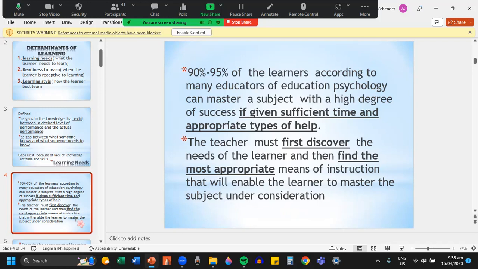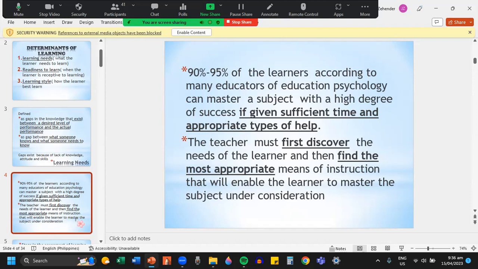Next, sufficient time. So definitely there are some lessons na you cannot take in just one set. You cannot learn and appreciate them in just one session, especially those topics that are quite long. So it's up to the teacher on how to break down certain topics: itong three topics or itong isang chapter, I'm going to discuss it today. Okay, so the next chapter,